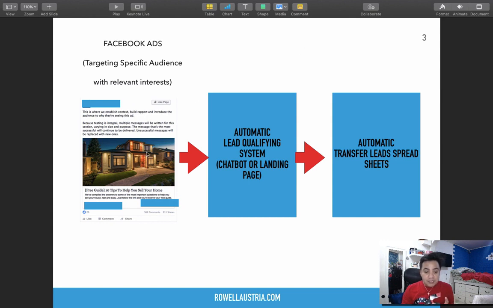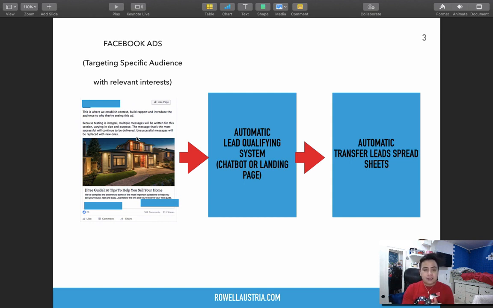This first level is the Facebook advertising. So these are the copy, and this is the image. The good thing about Facebook ads, for you to know, is that you can create a specific targeting audience. So what does it mean? For example, if I'm going to target people with high-end jobs, or who are interested in real estate or housing projects, or office areas, or if they're interested in something with basketball, or baseball, or the NBA,